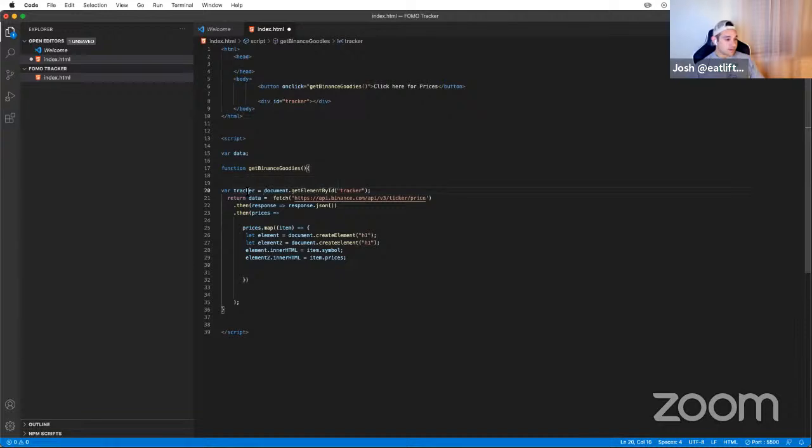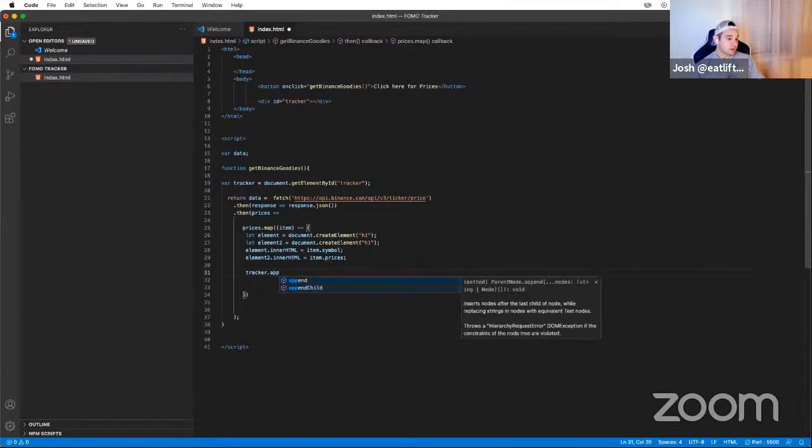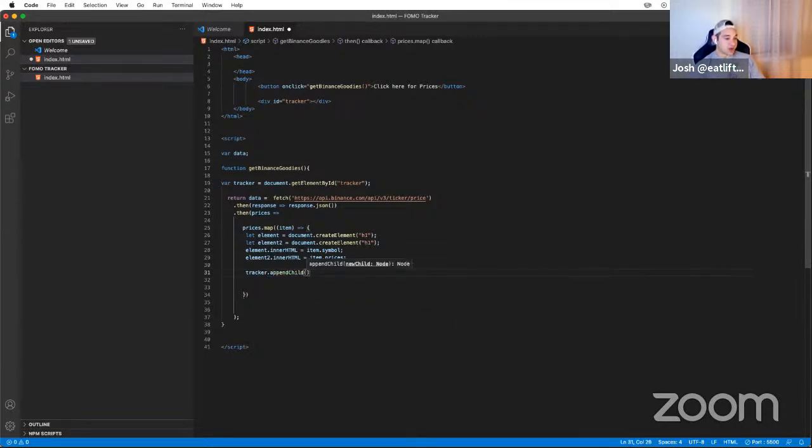All right, and then we can get rid of the space because that's hurting my eyes. All right, tracker dot append child. Tracker, I want your child to be element. All right, and then I want